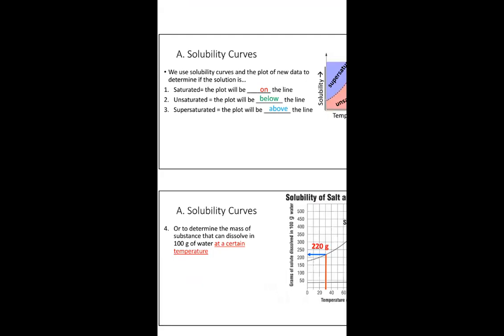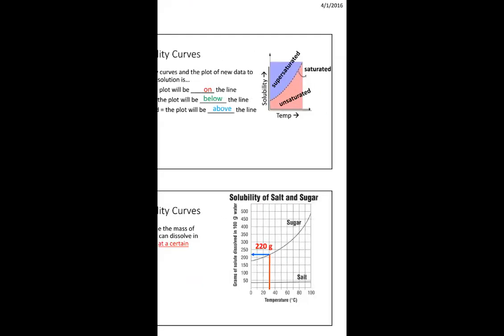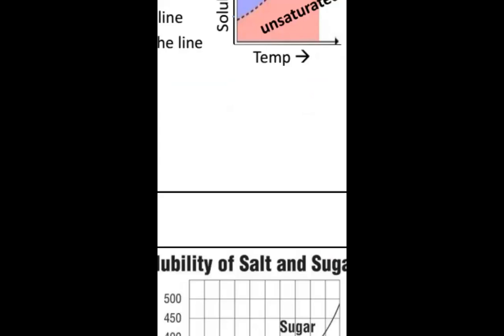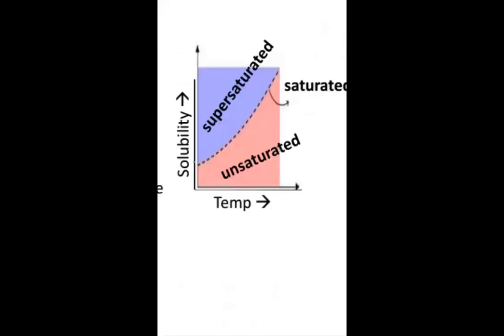So we use solubility curve and the plots of new data to determine if the solution is either saturated, unsaturated, or supersaturated. What do you mean by that? If you look at what we have here, let me enlarge this also. We can see that at the x-axis, you have the temperature, and at the y-axis, you have the solubility. And then within it, you have the broken line, which is the curve. That curve line moving upward,